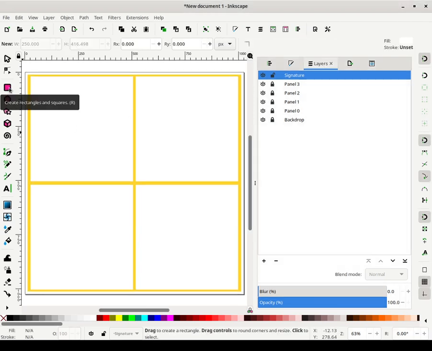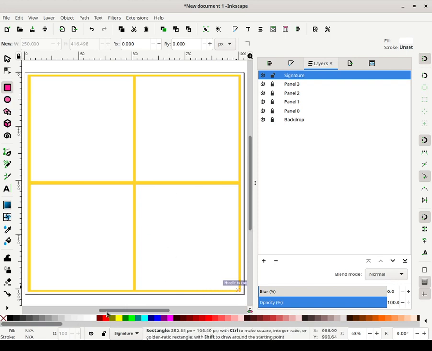So what I'm going to do here is add a transparent object. But before I actually make it transparent, let me give it a color so I can see what size it is. So this will be roughly the size of our signature, or at least where it would fit.